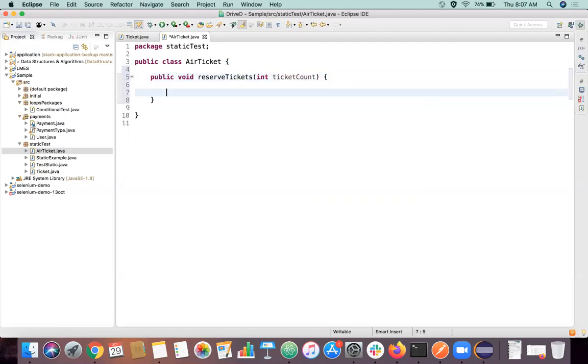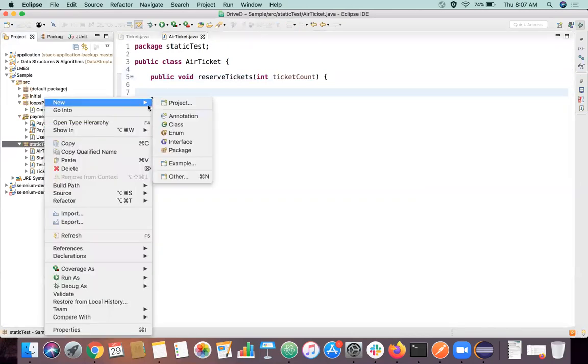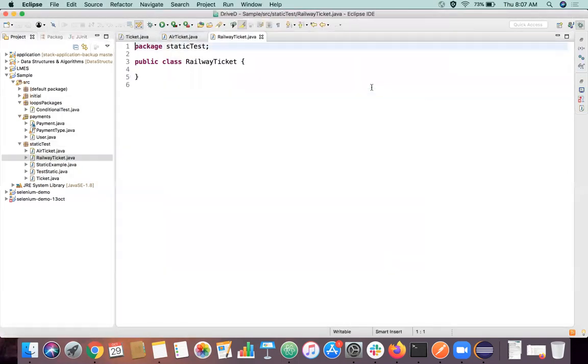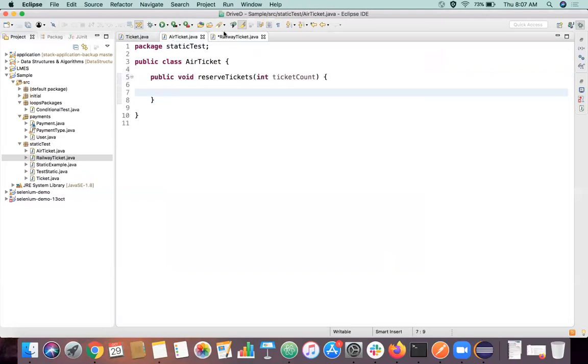I'll create one more class called RailwayTicket. Let's say I'm having the same method here, in the RailwayTicket also.